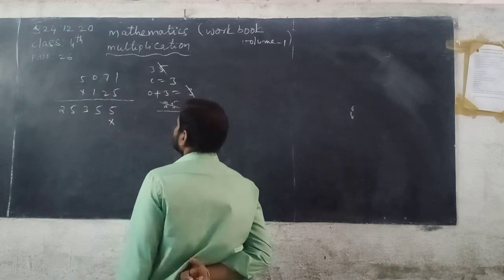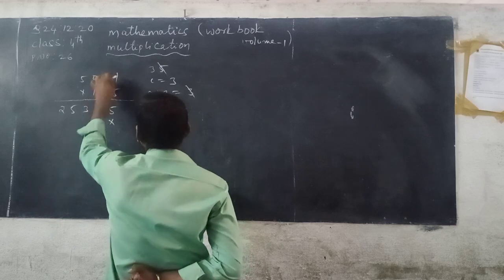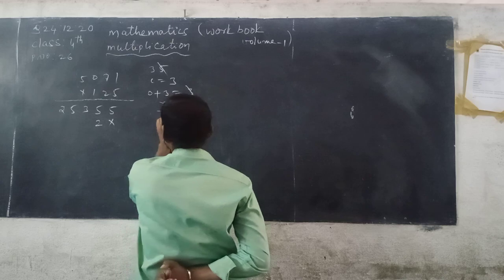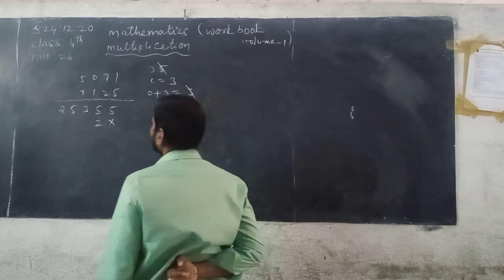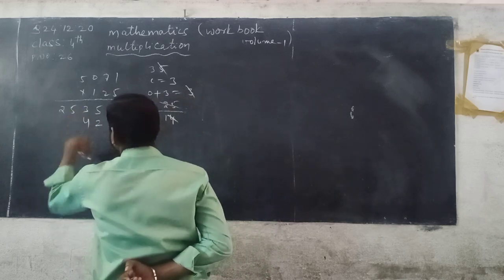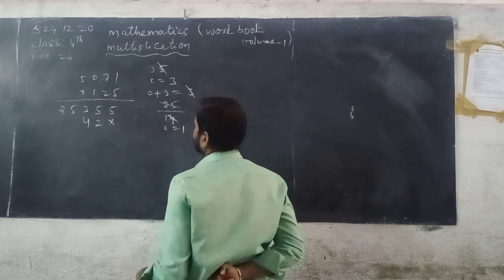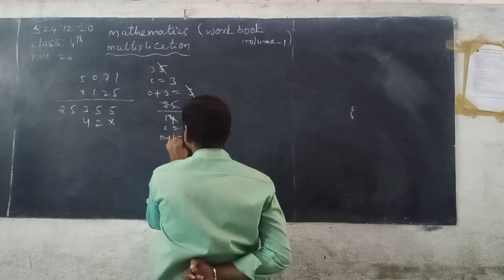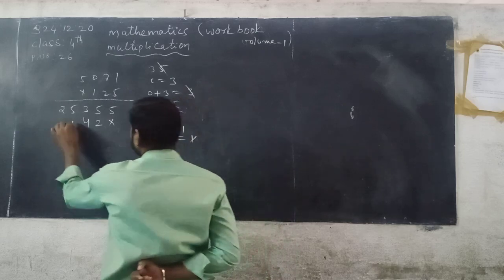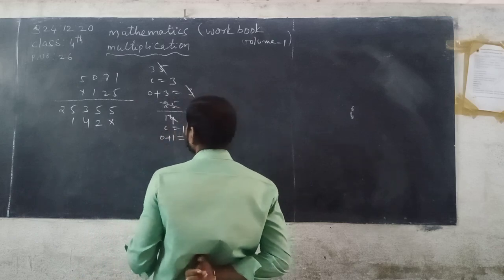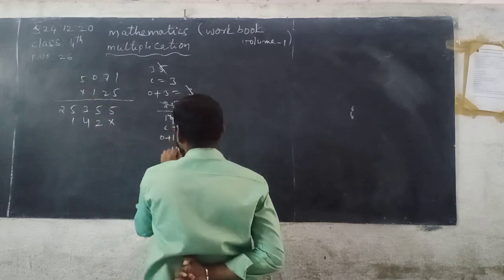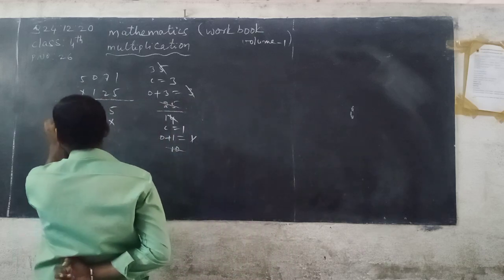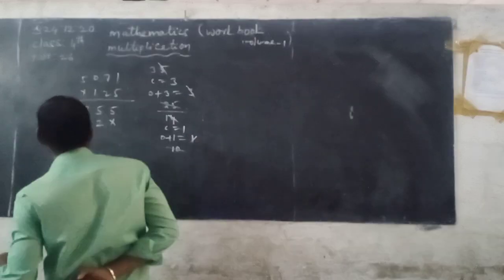So first we multiply this ones place. 1 with 2, 2 ones are 2. Next 2 sevens are 14. In it, 4 is taken and written down below 3. Then carrying 1. Next 2 zeros are 0. 1 is added to 0, 0 plus 1 is 1. Write it down below 5. Next 2 fives are 10. So this is the last place, you can write 10 in total. So 0 is written down below 2 and 1 is written beside the 0.